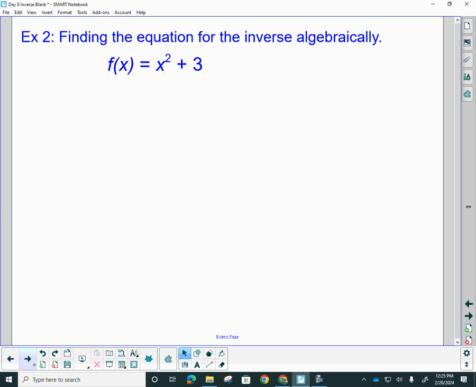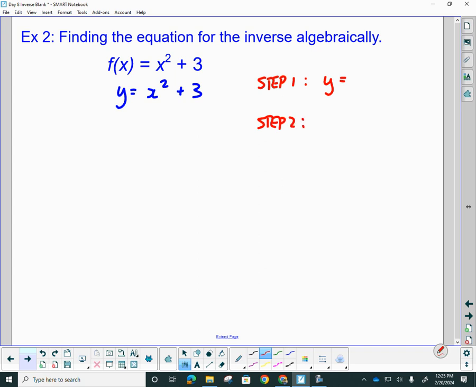So I'm going to start with that original function, f of x equals x squared plus 3. Now, this notation is helpful, but if I'm going to switch x's and y's, this notation makes a little bit more sense. Okay, y equals x squared plus 3. So, if I want to figure out this inverse algebraically, the first step is to write it as y equals instead of f of x, because we're going to need to switch the x's and y's. Step 2, when figuring out the inverse algebraically, is to interchange